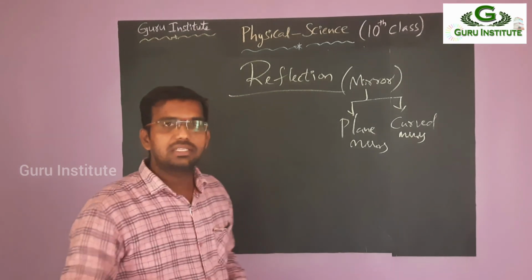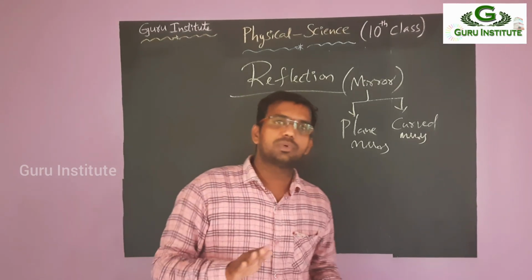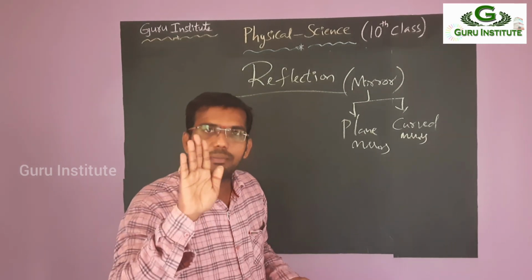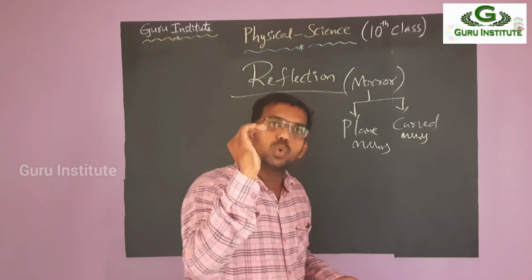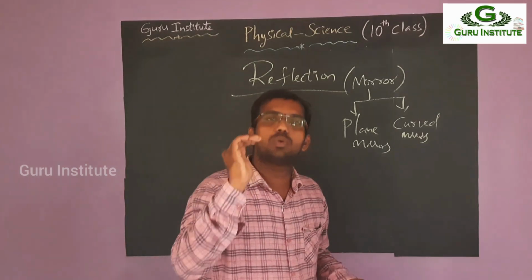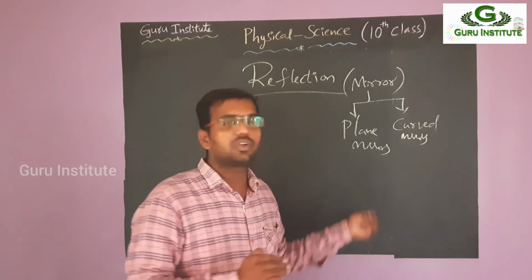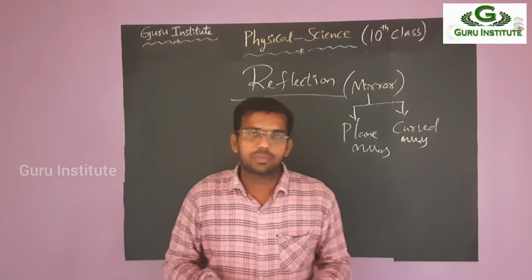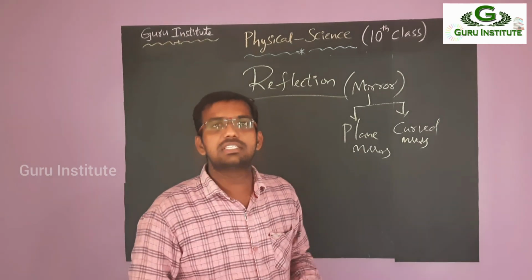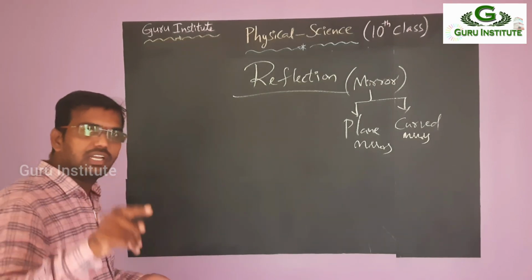If a mirror is like this, which we use in our daily life for home purposes, that is a plain mirror. Then some mirrors are like this, curved shape. Those are called curved mirrors. We will discuss this in the later classes. So first we are going to see the plain mirror, which we use in our home for our daily purpose. Daily we are seeing in the mirror. Which mirror is that, Nana? Plain mirror.